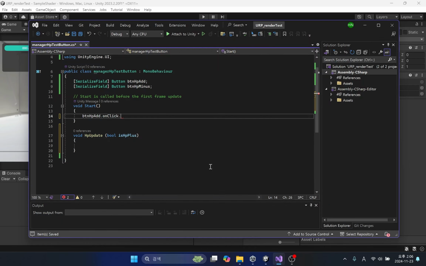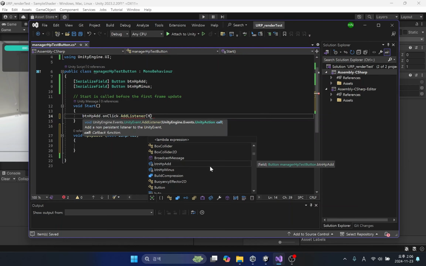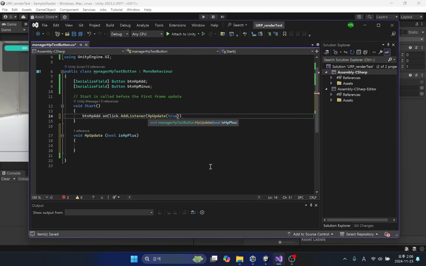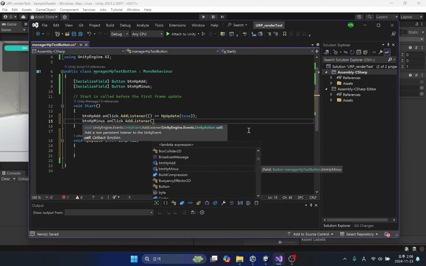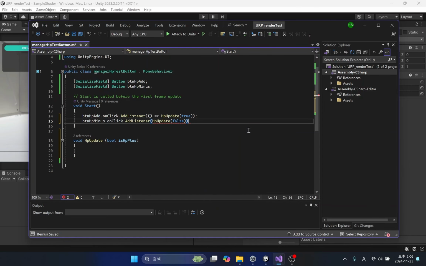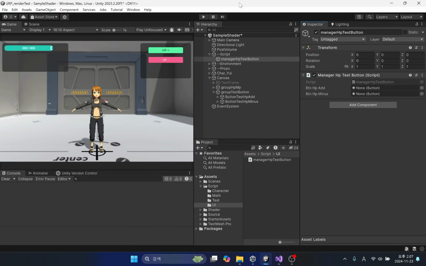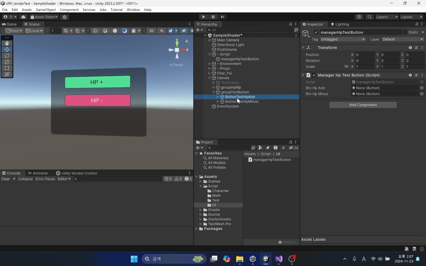Now let's create codes to connect each button to the HP update function using the onClick and AddListener functions. Let's assign each button to a variable.